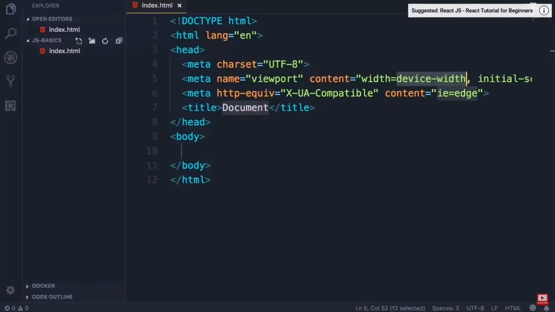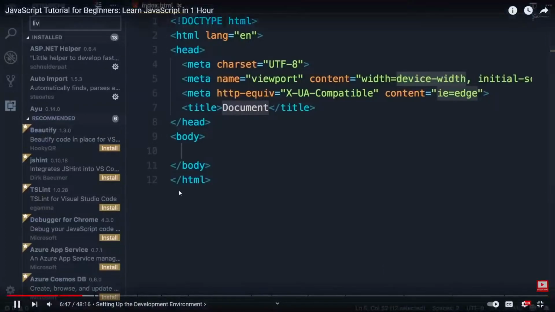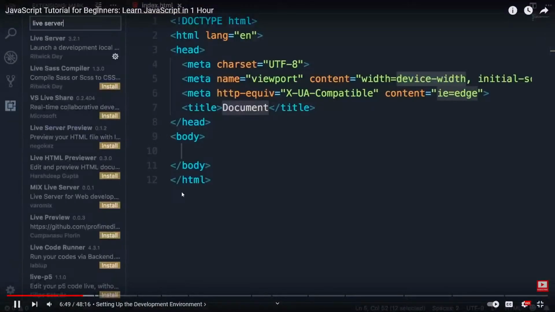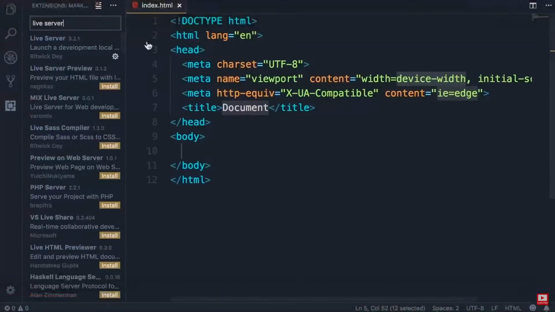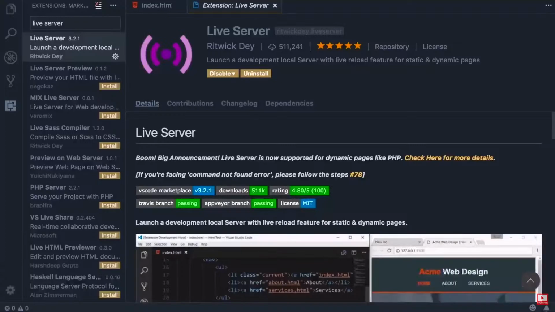So, save the changes. Now, open the Extensions tab here. Here in this box, search for Live Server. So Live Server is a very lightweight web server that we're going to use to serve our web application. So install this